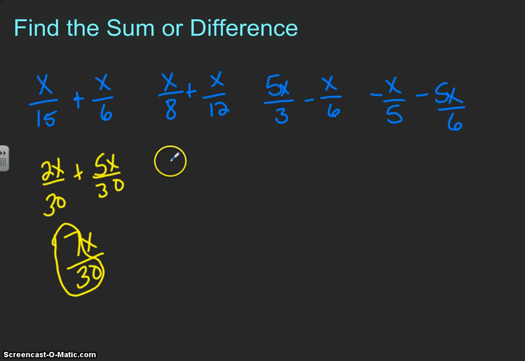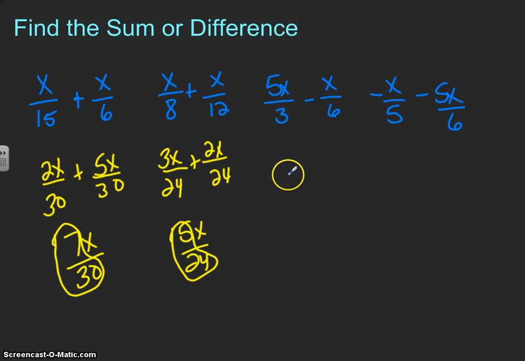7x over 30. Here, like terms, 8 and 12, well, that's going to be 24. And we're simply adding. 8 into 24 is 3. 3 times x is 3x. 12 into 24 is 2. 2 times x is 2x. Add them together, I get 5x over 24. This does not reduce at all. Okay. Next,